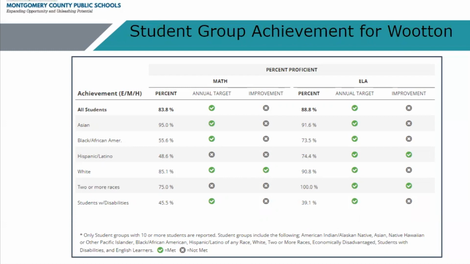So for white students in this report in math, 85.1%, that is what was earned, that met the target and showed improvement enough for these students. So we went up there, right? We also saw in ELA, where did we meet the target? Well, we did for Hispanic Latino students. We did in ELA, both the annual target and the improvement. You're really looking for both. That shows that we're going in the right direction, meeting the target and improving, which is what we're looking for. So this just really shows us across all of our different groups where students are meeting targets, where they are not, and where they are also improving and where they are not.